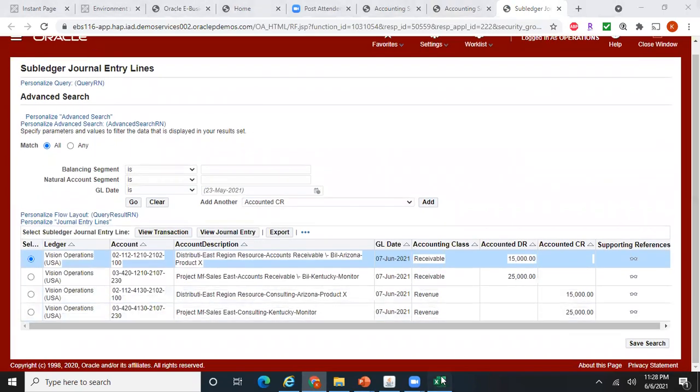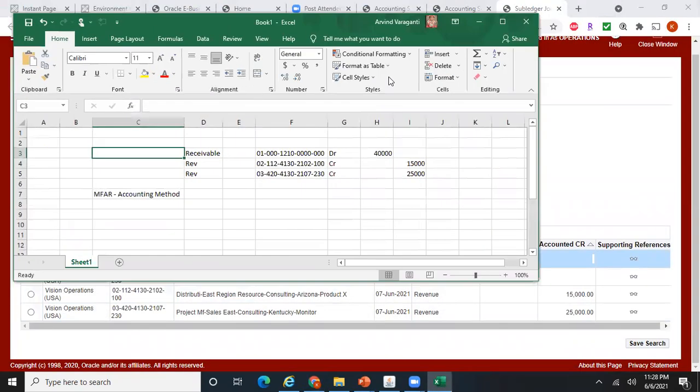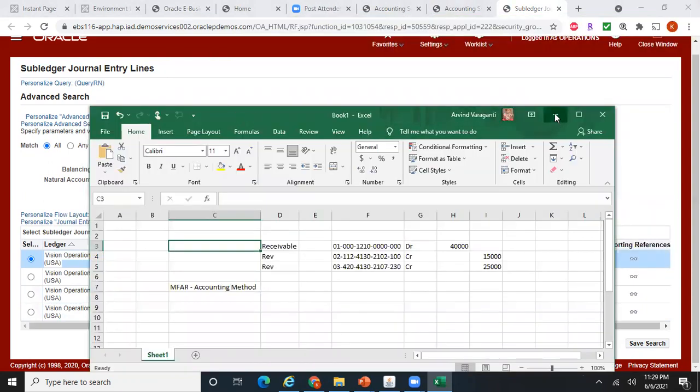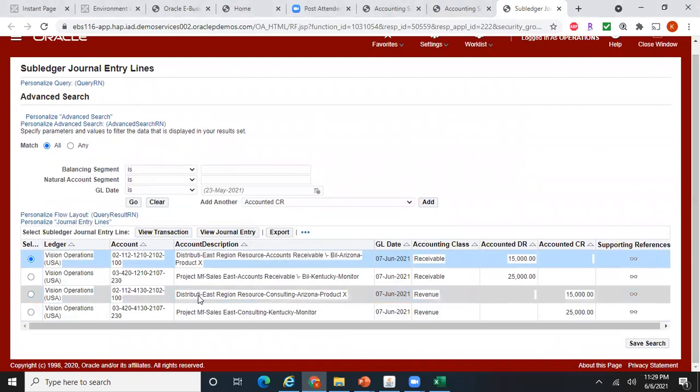Okay, now if you observe, this is the original accounting entry or the original account distributions. So now after we have enabled MFAR accounting method, here you can see two receivable lines were generated.